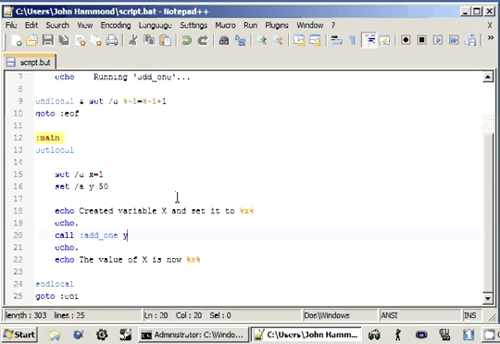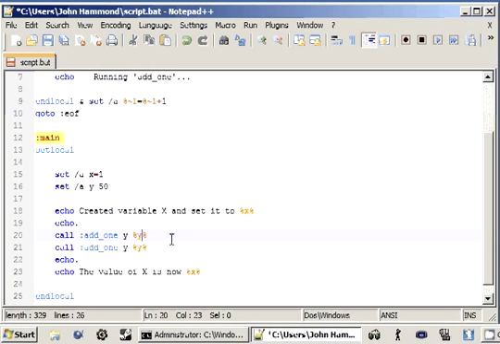So we have a little bit of a problem here. The way we as programmers can only tell our function that we want to be modifying the y variable by looking at the y variable's value, we actually have to pass in both. We have to pass in both the variable name, because we want to be able to change that real variable, and we need to pass in the value of the variable so we can work with what we already have. Does that make any sense? So if we pass in y to be our first variable, and then we pass in the value of y to be our second variable,